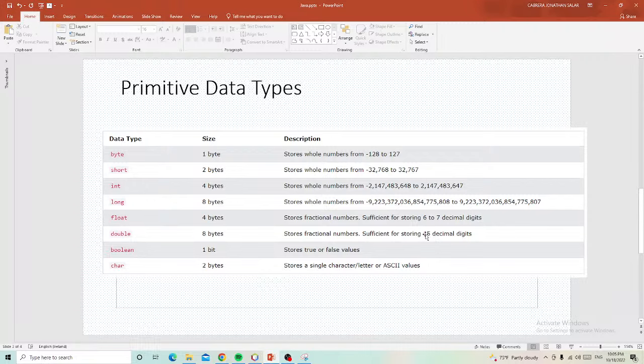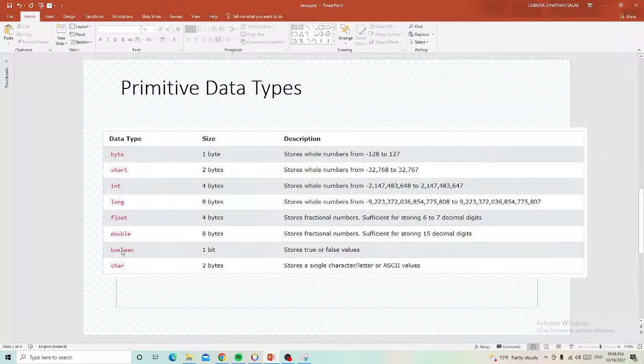Sir, we don't need those 15 decimal places. In our mathematics, we round off to 3 or 2 decimal places. Yes, it's true, but in reality, like in the bank, every cent is very important to them. That's why we need these data types, because we can accept as many decimal places as we want.